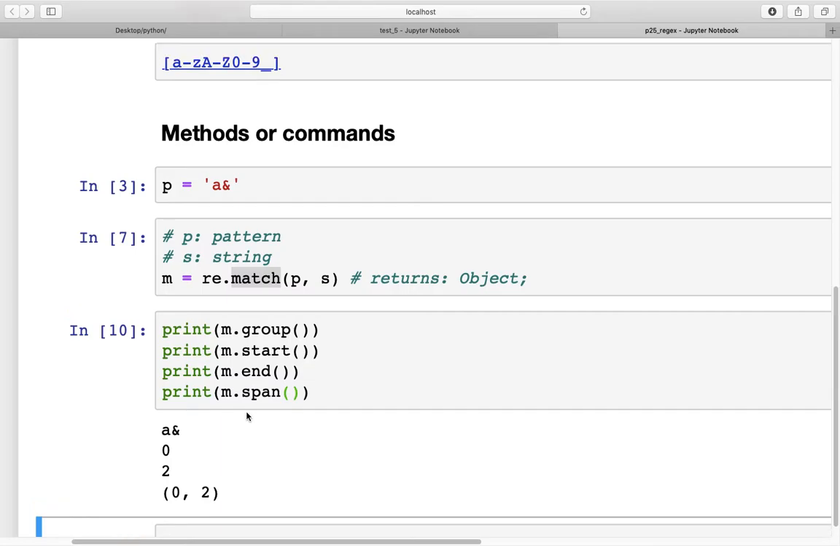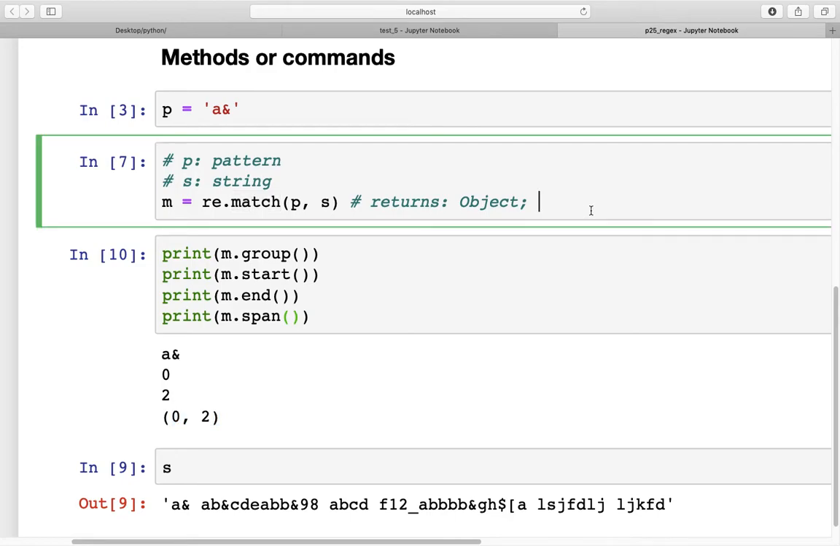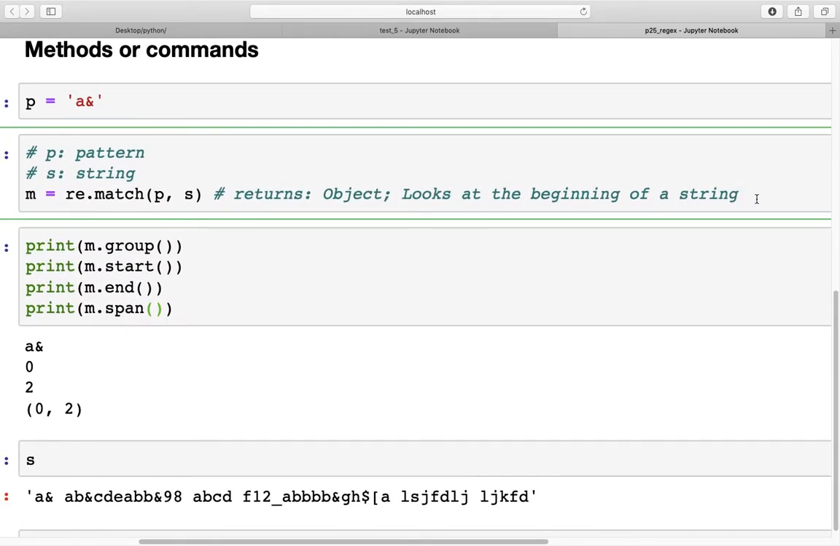So when we run this, here we can see the substring that was matched and returned, the starting position of the match, the end position of the match, which would be before 2, not at 2, and the start and end position for that particular match. So this is one way. This is called match. It looks first at the beginning of a string. Okay, so that's a very important distinction between this and the second method I'm going to mention now,